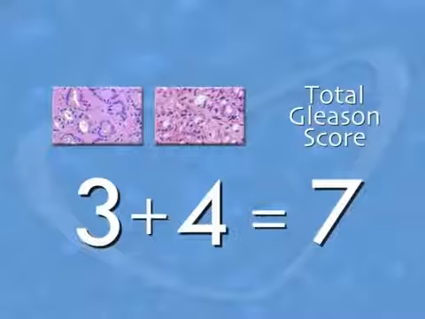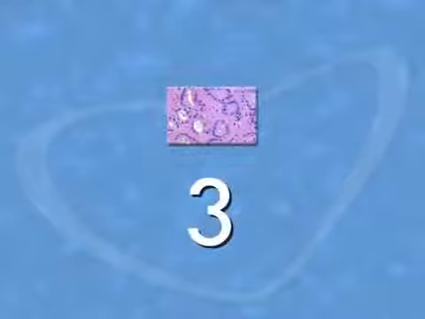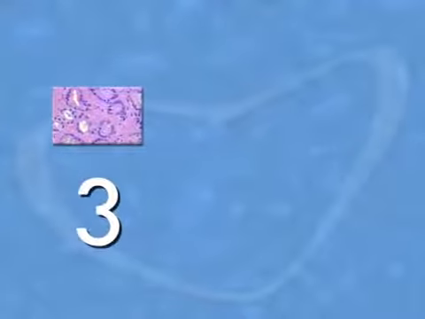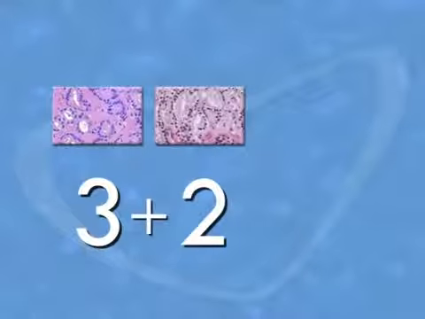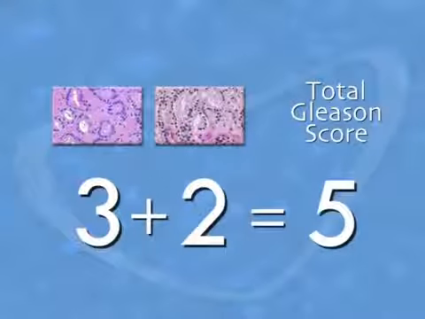Another example might be if the pathologist sees the primary form of malignancy as a Gleason 3 and the secondary form as a Gleason 2. The pathologist will then assign a score of 3 plus 2, for a total score of 5. In summary, the Gleason score represents the way the cancer looks under the microscope to the